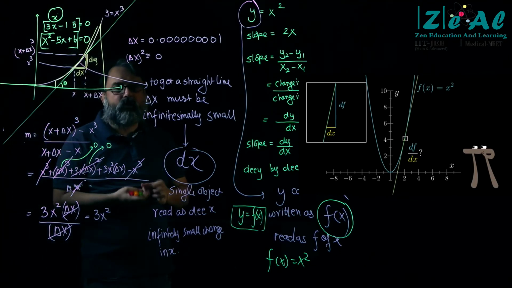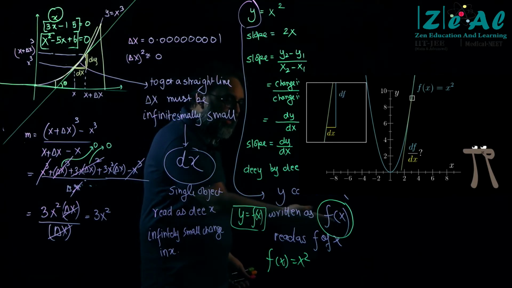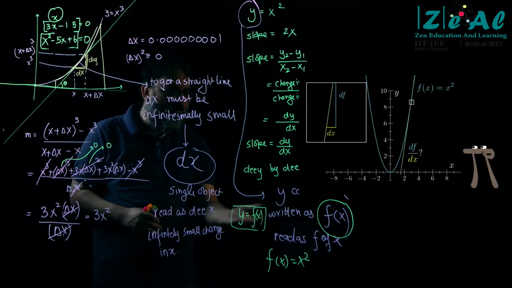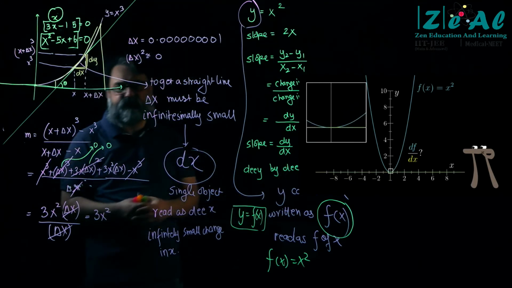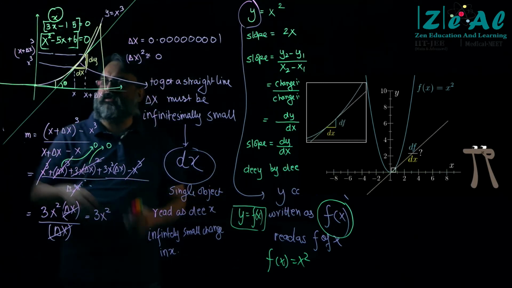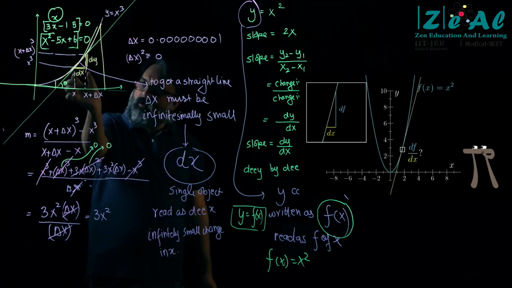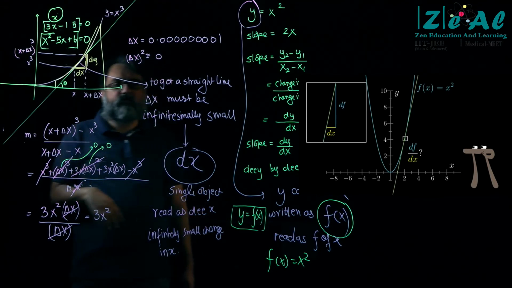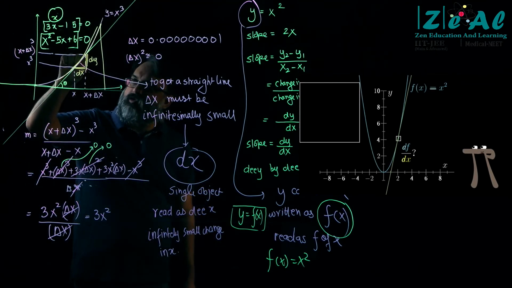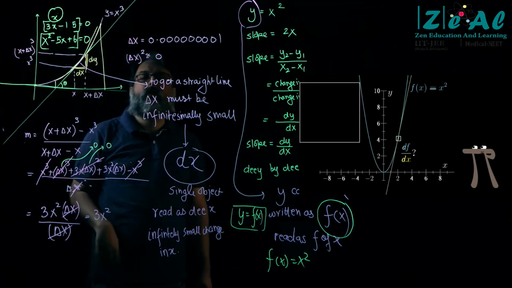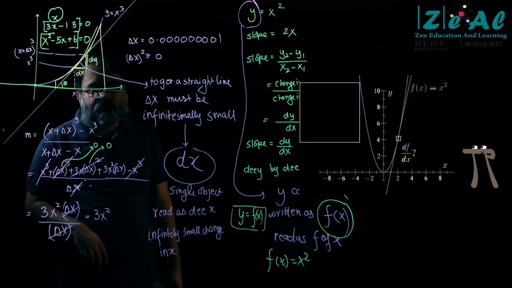Right? There they are writing df in place of dy, which is okay because y and f(x) are the same. So if I write dy, it means df, change in f, change in y, change in x. So the slope is equal to this upon this, right? And as we move along the curve at different points, you see that this quantity keeps on changing, this quantity remains the same, and therefore the slope of the graph at different points keeps on changing, right?